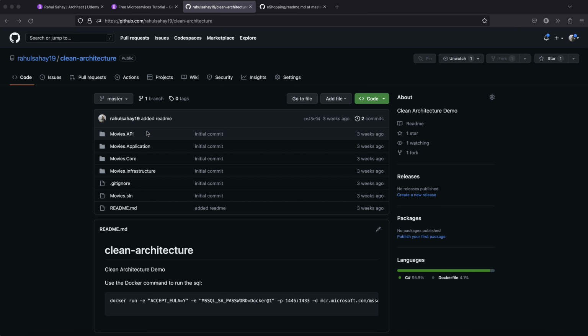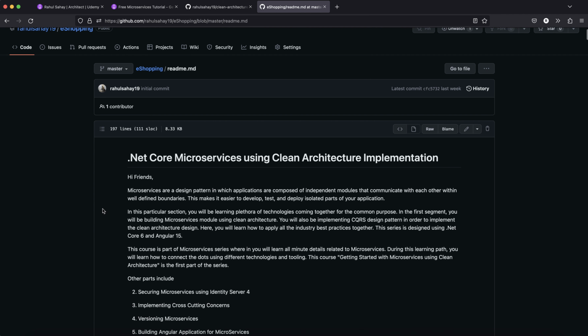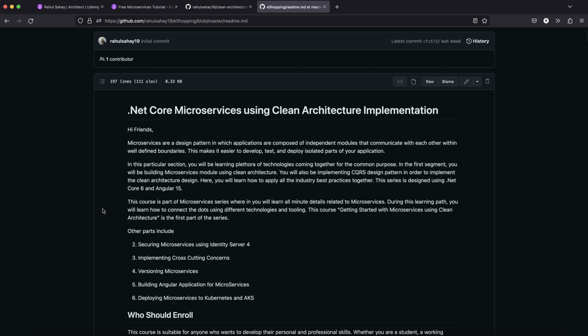And the second one which I was talking about is, once you have done with this, understanding what is clean architecture, and you got the gist of this entire problem statement, like why it is popular and what's the entire buzz around this. So that's the complex application which you will be building across, and that's the e-shopping one, Rahul Sai 19/e-shopping. So I encourage you to go ahead and check out this particular repository, and